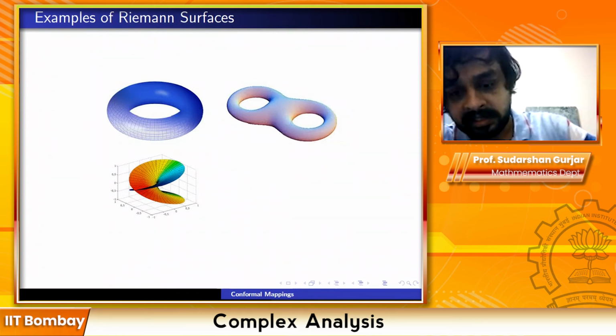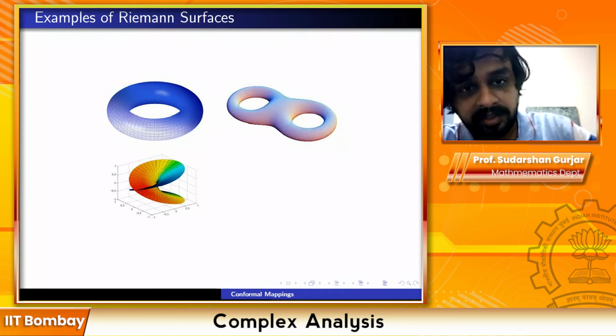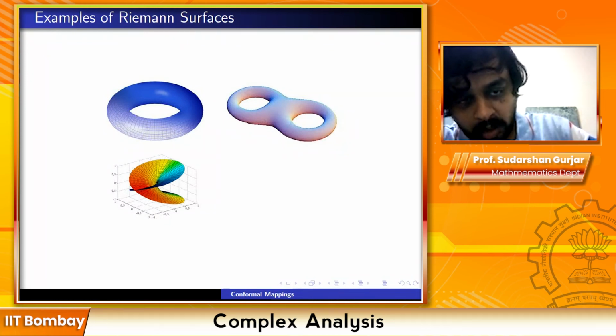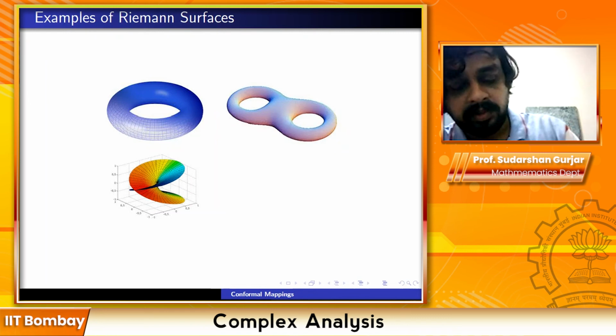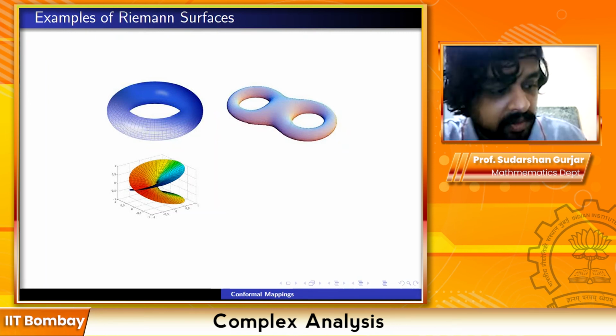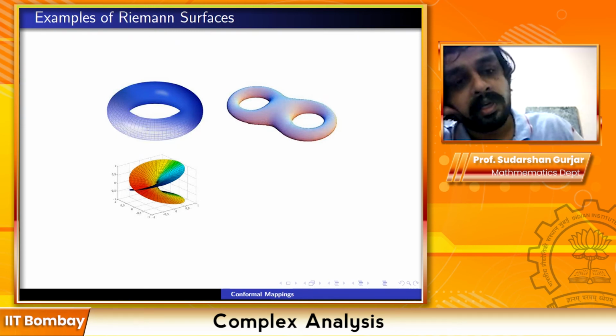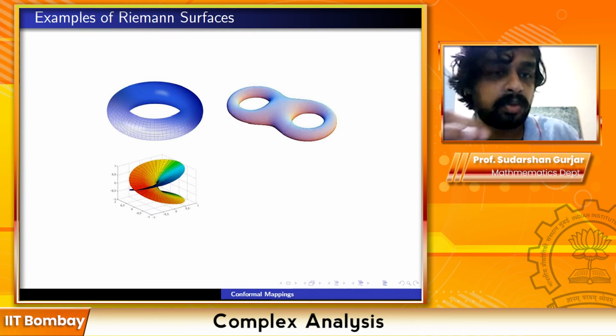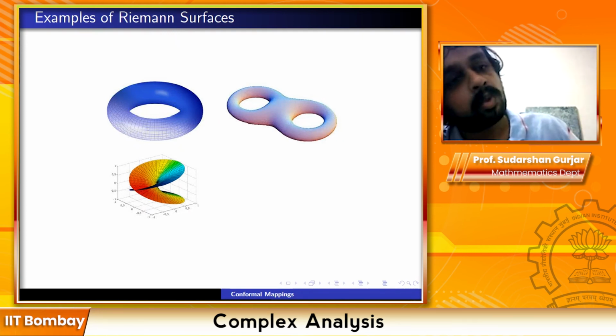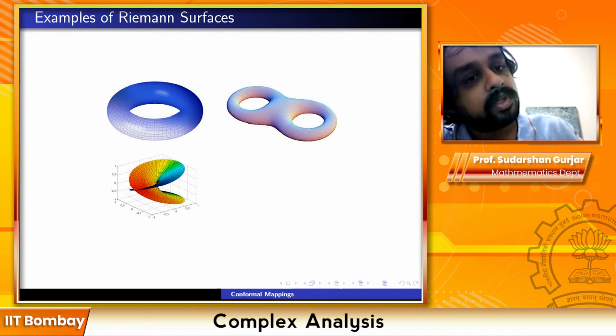This, as a topological space, is just circle cross circle. If you think about this, it is a hollow tube. So there is a circle, and at every point on the circle, you have another circle in the transverse direction. That's how the torus is constructed. S1 cross S1. So that is the torus.